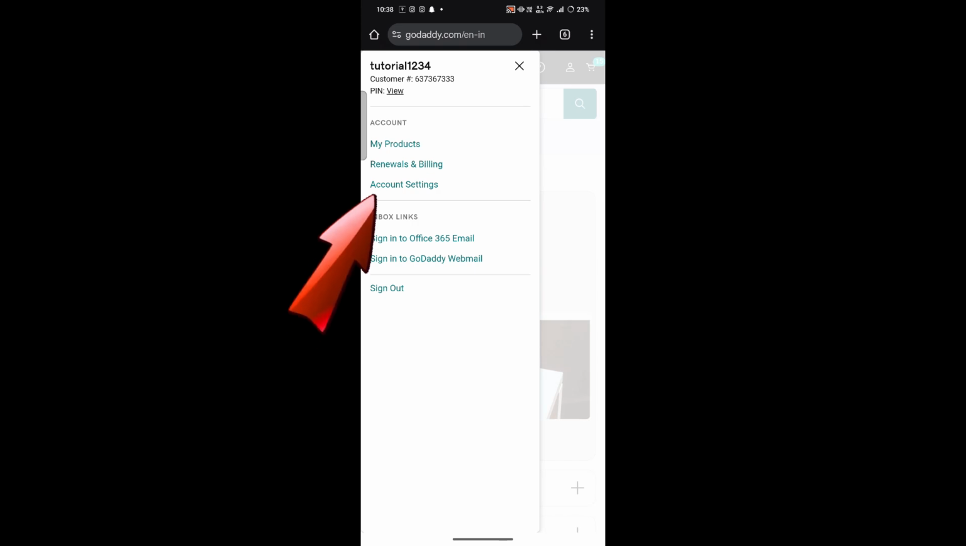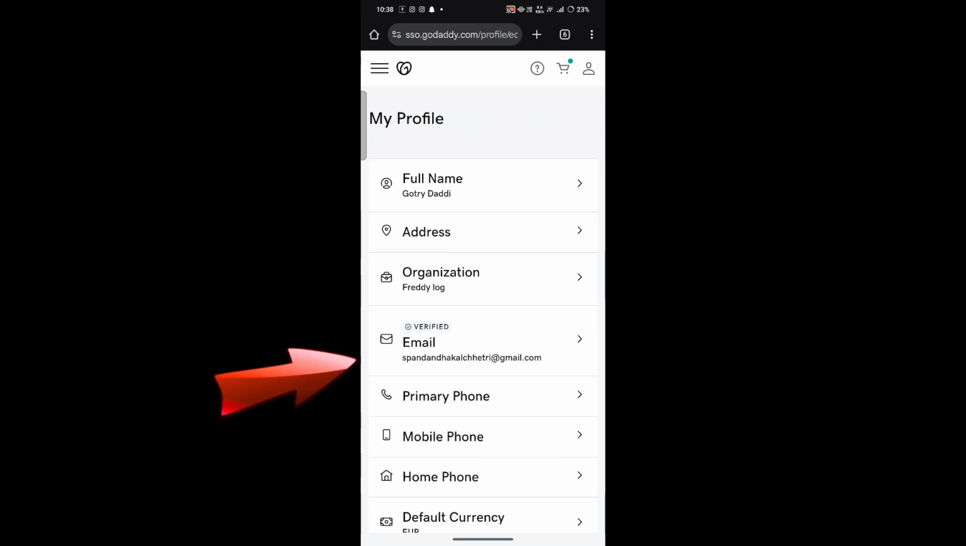In this drop down menu, click on the account setting option. In the account settings section, look for the email address option. As you can see, currently it is set to this email address, and when you click on it, you will